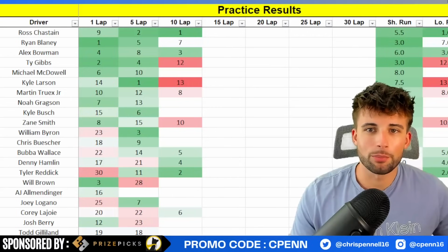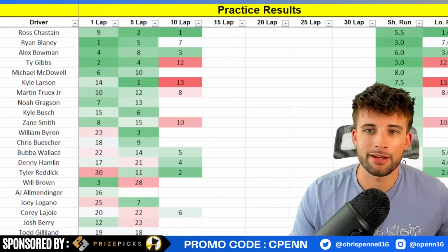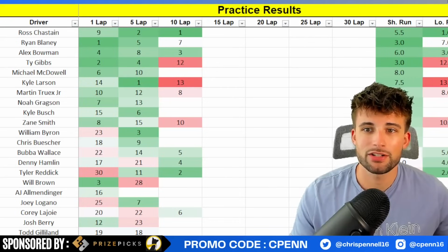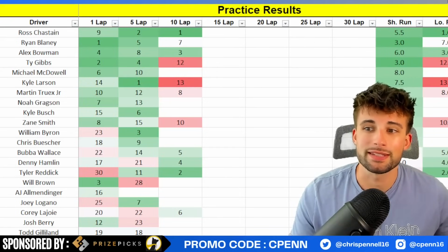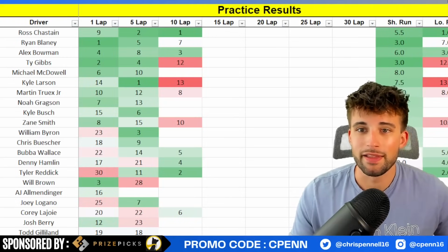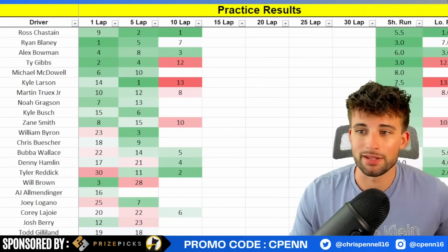And really quick, going over practice, I do think some of these times are going to be a bit skewed here if you're looking at the rankings, because if you're just looking strictly at the 10 lap averages, you're going to see Kyle Larson having the worst time of the bunch, then Ty Gibbs having the second worst time of the bunch, which I really don't think is that reflective of actually how much speed that some of these cars have. And I do think qualifying is obviously going to be pretty important, showing who has the best speed,